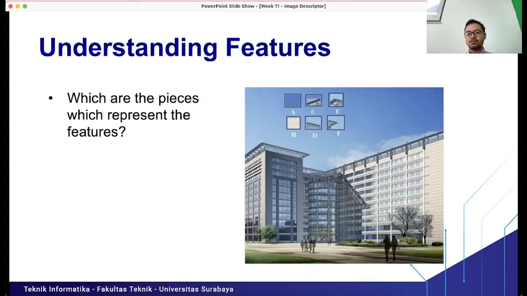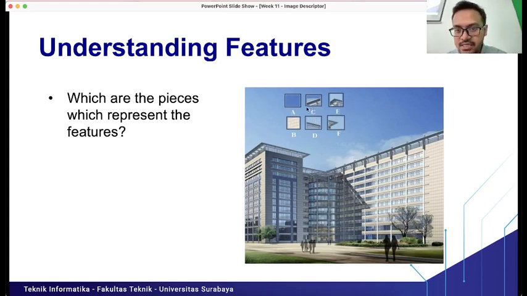Okay, this is another example. If we see an image like this, which of the pieces represent the features? As you can see here, we have A, C, E, B, D, F. These are the pieces from our image. A represents the sky, the sky color maybe, because it is blue.